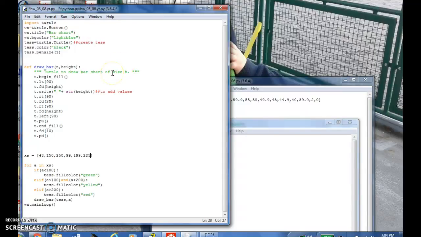Okay, this is my homework for Chapter 5, problem number 8. We're instructed to draw a bar chart of varying sizes with various colors. This is my turtle module I imported. This is the function that's going to actually draw